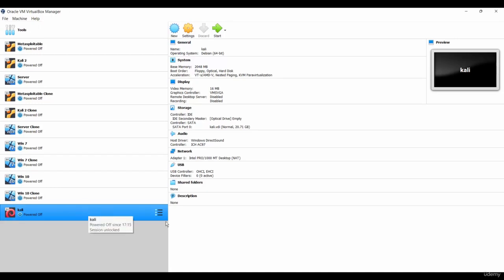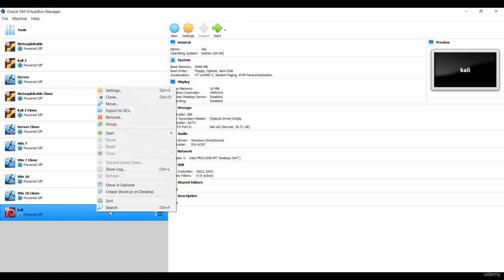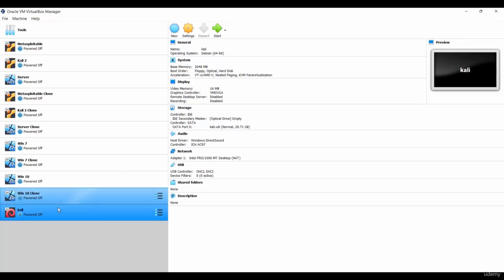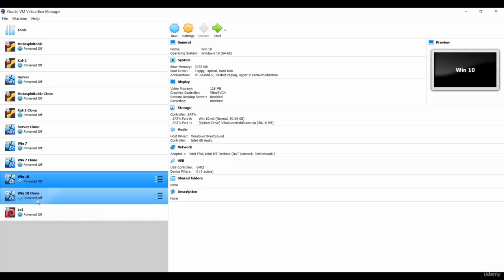If you want to delete this, you can also do that. Just right click on this and click on remove. Also you can move this virtual machine to somewhere else, and you can also create a clone of it. It will create the exact copy with exact specs. Here you can see Windows 10 and Windows 10 clone.